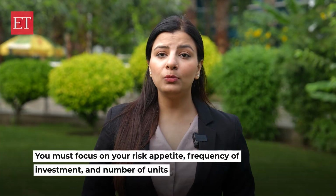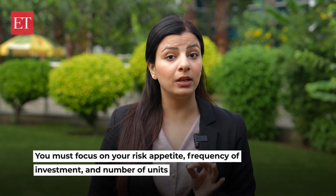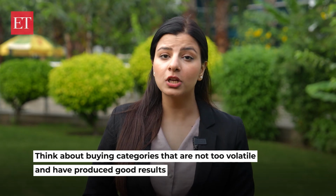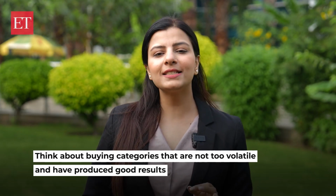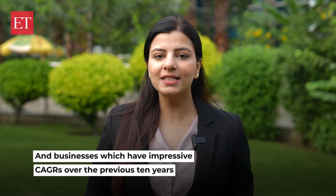For selecting the right mutual fund, you must focus on your risk appetite, frequency of investment and number of units. Additionally, it is a good idea to think about buying categories that are not too volatile and have produced good results. Also, these investment categories must focus on businesses with greater long-term upside potential and businesses which have impressive CAGRs